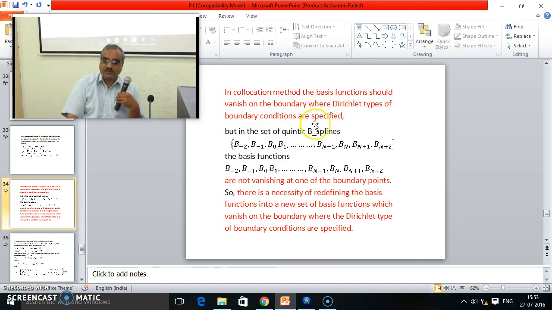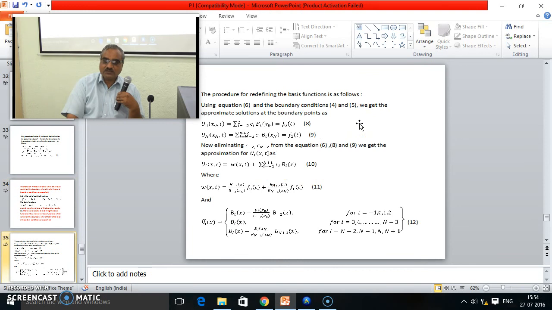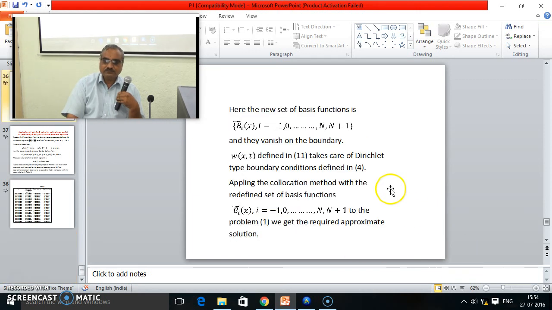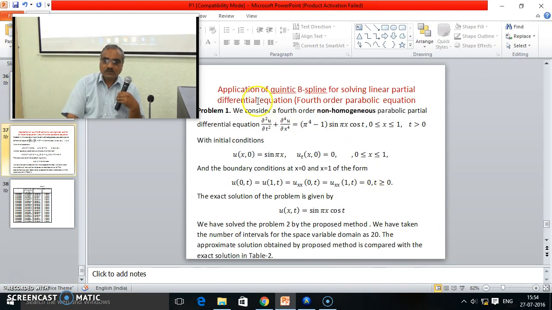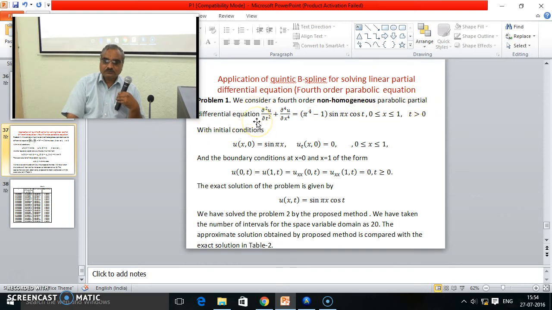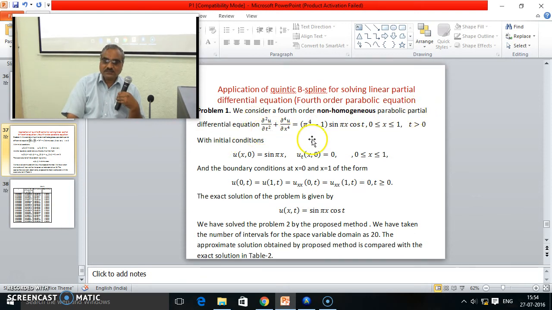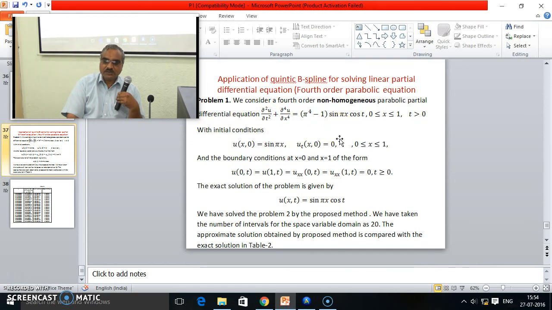In the collocation method, the basis function should vanish on the boundary where Dirichlet type boundary conditions are specified. We use this concept. We redefine the basis function in equation 12. Then we use this technique for solving the fourth order parabolic equation. We discretize this equation by using quintic B-splines,